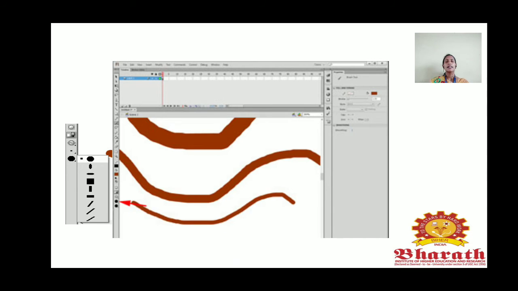This is called, on the left hand side, that small arrow just represents the shape of the brush. There are various shapes for drawing the brush itself. You can use an oval shape, rectangle, or polygon. So whatever the normal line with the thickness, huge thickness like that. You can do it with the help of different techniques and different shapes as well.